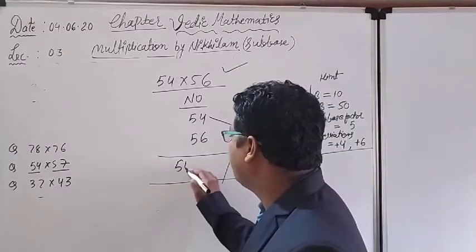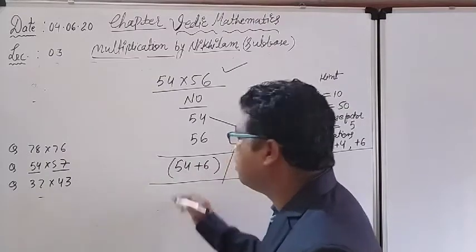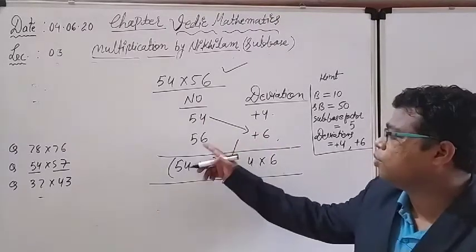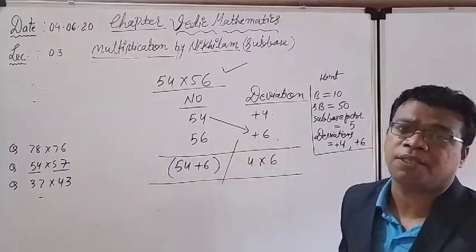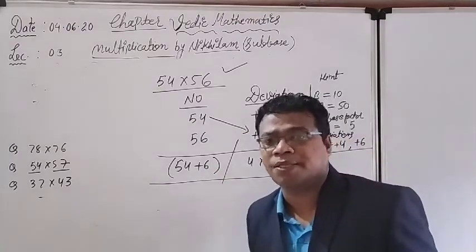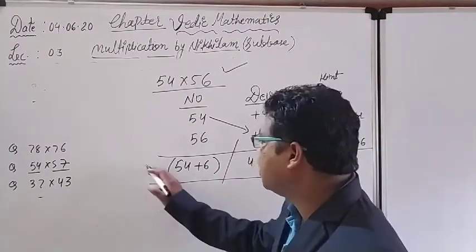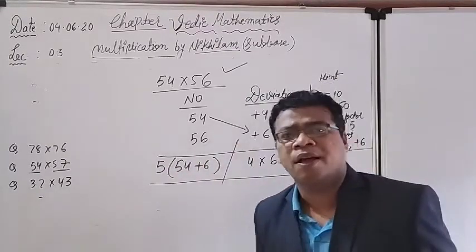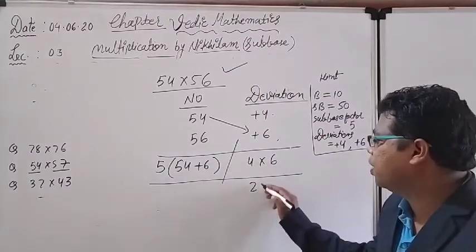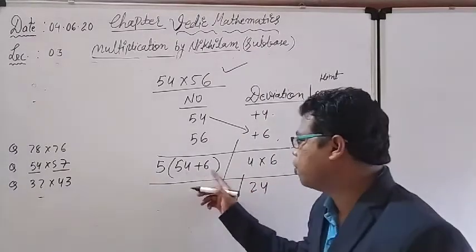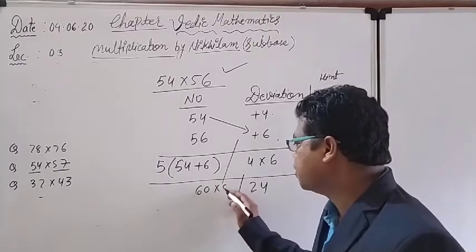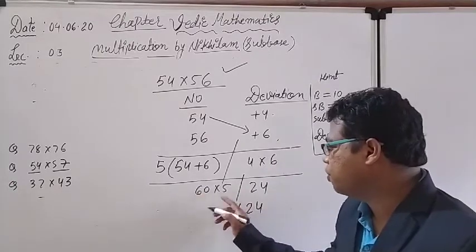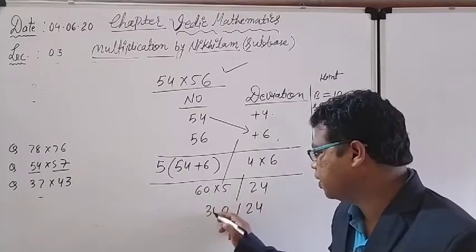So what I have to write down: 54 plus 6 inside the bracket. Either you do 54 plus 6, it is going to be 60, or you do 56 plus 4, again it is going to be 60. It will not affect your answer. Here I have to multiply with the sub base factor. What is my sub base factor here? Plus 5. Right now my answer is very clear. 4 6s are 24. Here you can see 54 plus 6 will give me 60, multiplication with 5. Next part 24, again same 24. 60 into 5, it will give me 5 6s are 30, 300.